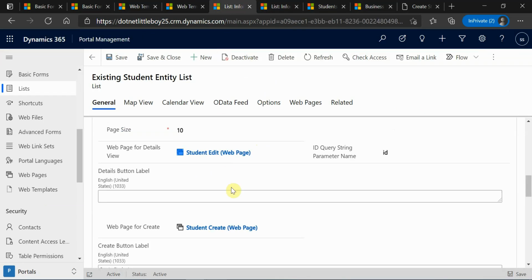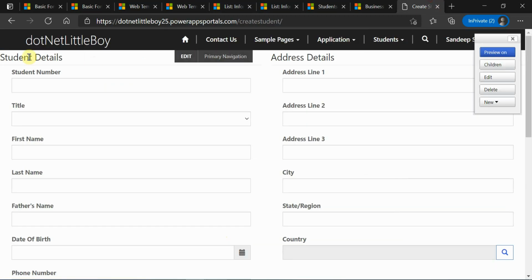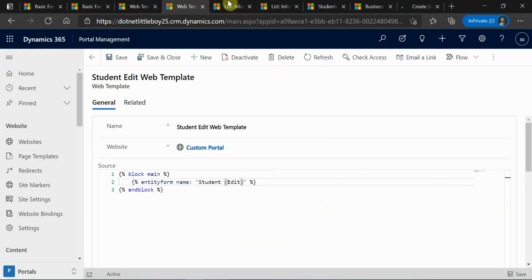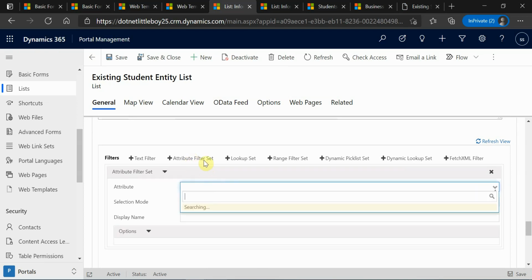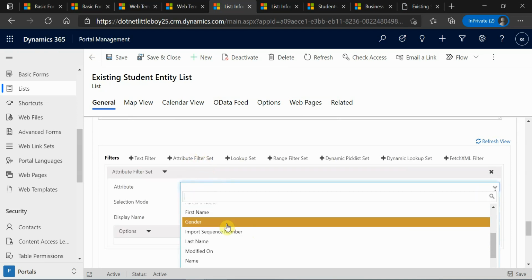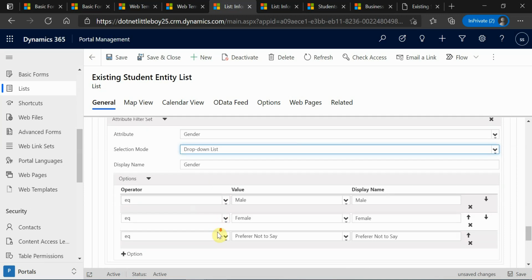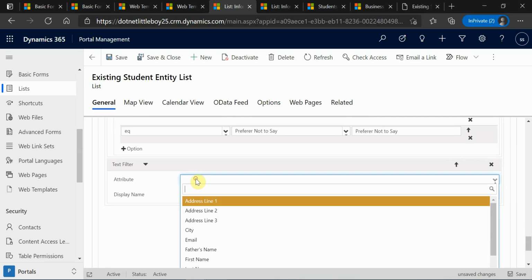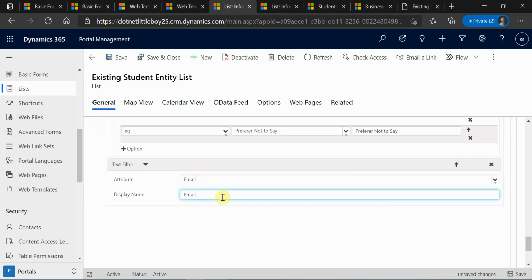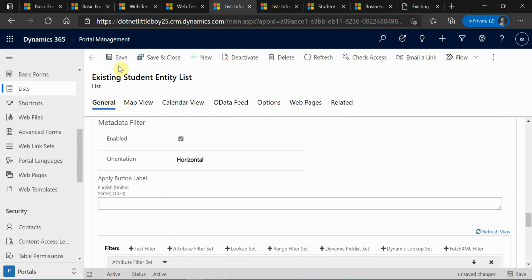Also, I want to show you some more things here. So when you go to the filter, as I mentioned, I have enabled the horizontal filter, but it is not displaying here. Why? Because the filter is enabled, but we have not selected any type of filter here. So here I'm going to select the attribute filter, say I want to filter based on gender. So one field is gender, and instead of checkbox, I want a drop down list. Then another filter I want is based on the email. So on the field we have the email field, and they can search on this one. So the display name will be email. So two filters I have added. Let me save this,